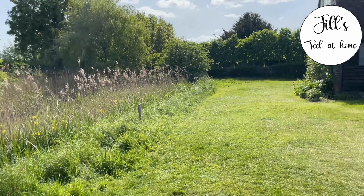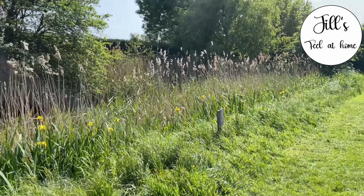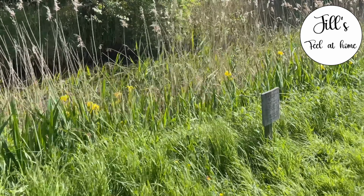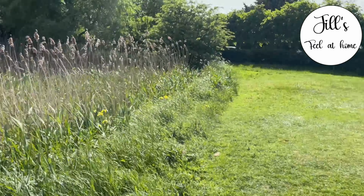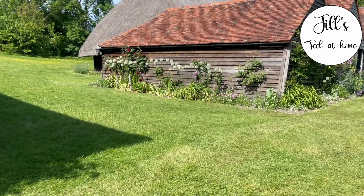So I didn't show you the picnic tables at the tea room because there were children there. It's a shame this is stagnant because the river is stagnant. That's it. There we go, back to the